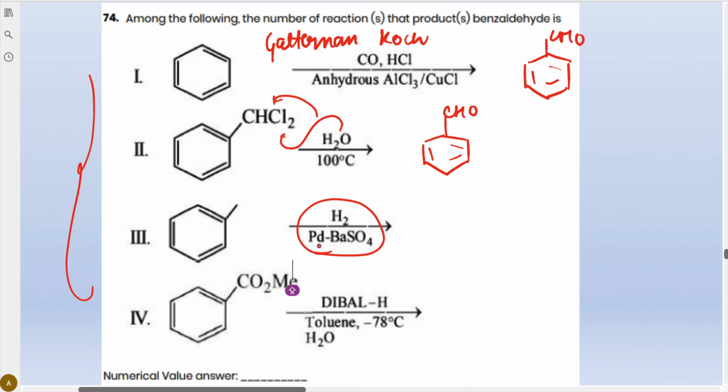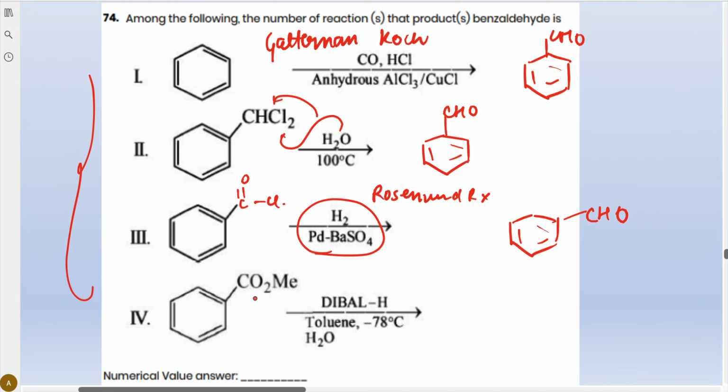H2/Pd-BaSO4, let's see this one. H2/Pd-BaSO4, here the missing part is this one, try to see, acid chloride again. This is known as Rosenmund reaction, and this will also undergo it, and here you will get